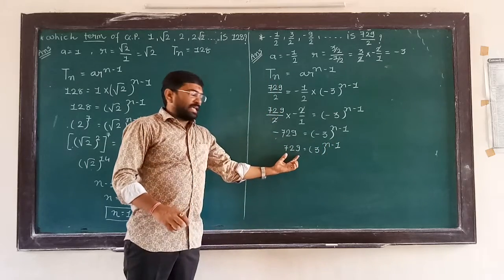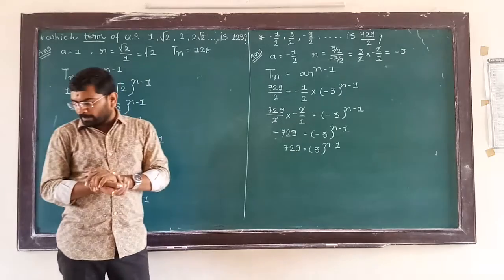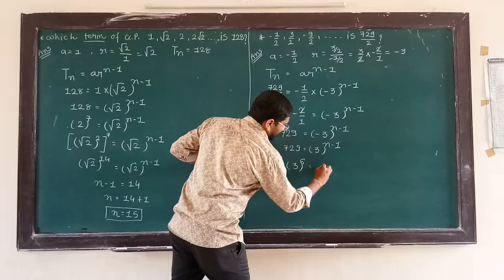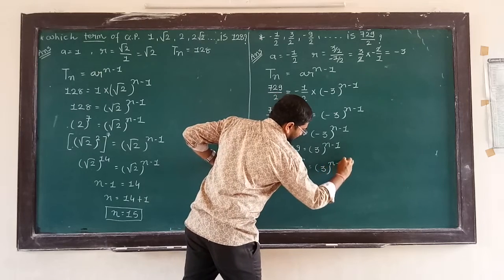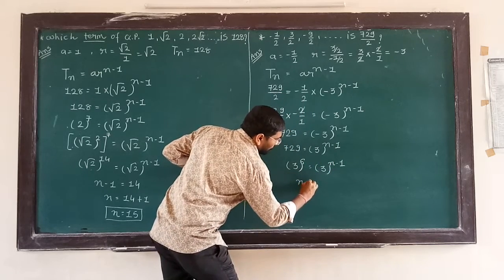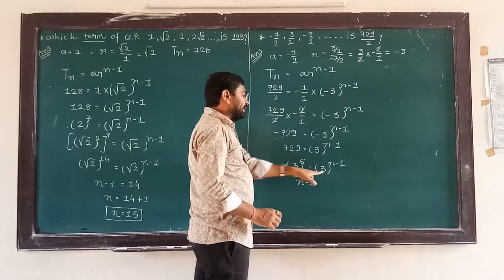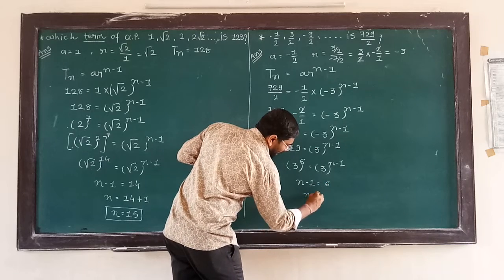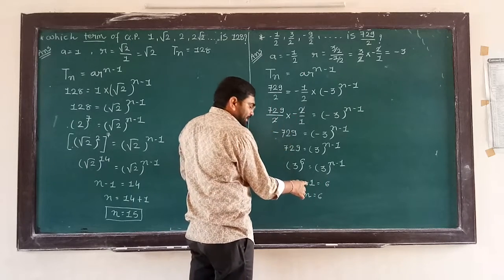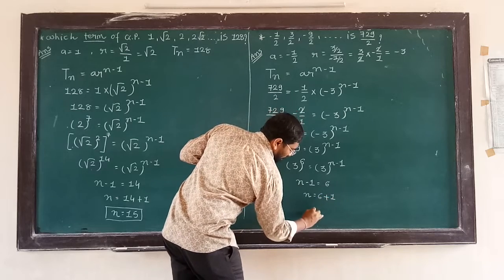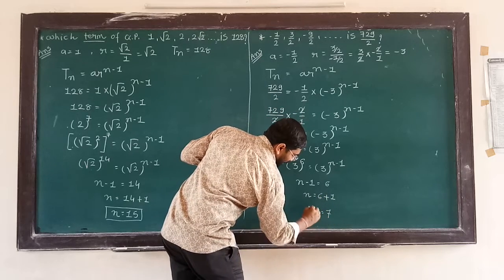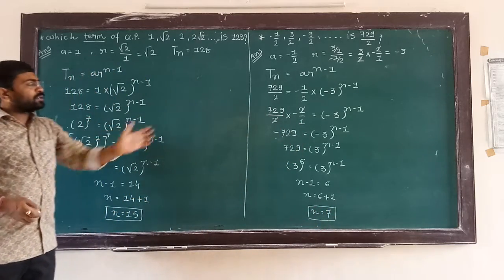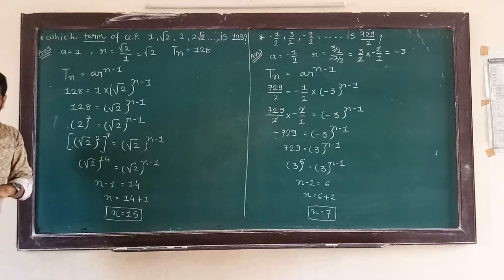Now the student, 729 converted into power, here 3 power 6 is equal to 3 power n minus 1. Now both bases are the same, here 3 and here 3, then n minus 1 is equal to 6. Sign change, side change: now n is equal to 7. See the students, a very important sum for you for geometric progression.